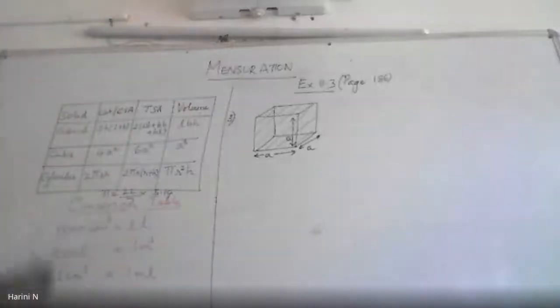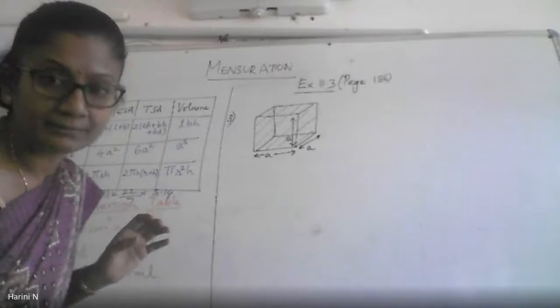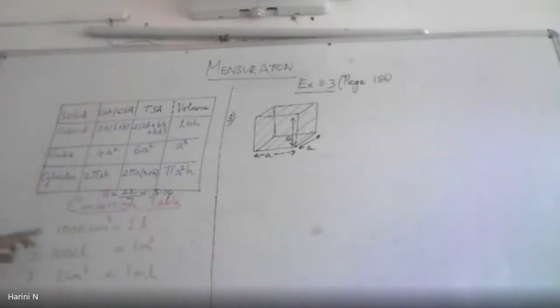Okay. So now that we have seen the formulae for all the three solids, moving on to the next major thing that you should remember when you talk about capacity or volume. The first conversion is very, very basic. You have learned it in your previous classes also. 1000 centimeter cube, that is 1000 cc, will always be equal to 1 liter. So whenever there is 1000 cc accumulated, it is called 1 liter. When I have 1 liter, I should know it is 1000 centimeter cube, or when 1000 centimeter cube is given to me, I should know it is equal to 1 liter.